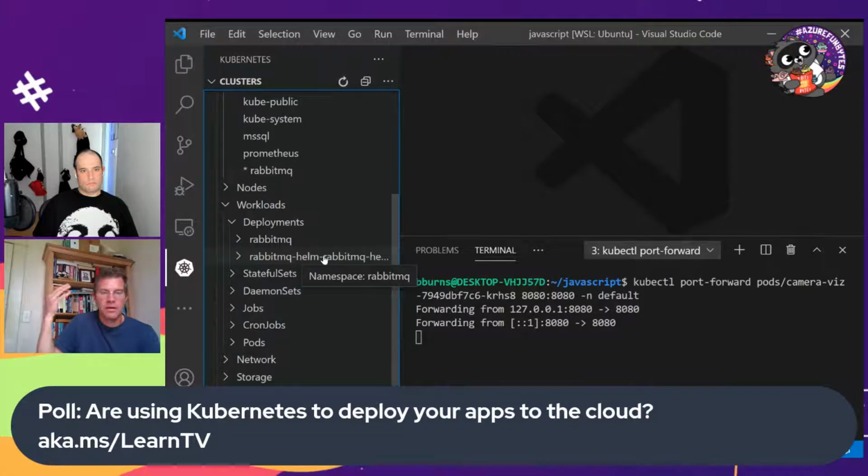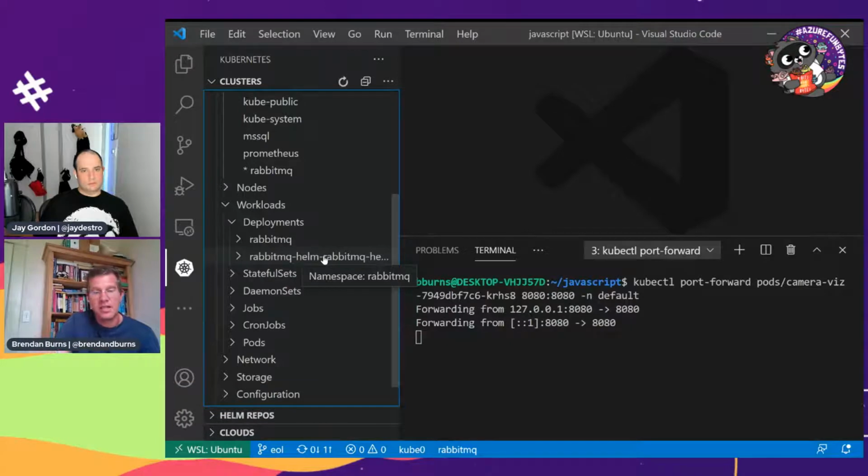The Helm operator then uses the Helm chart for RabbitMQ, configures it, deploys it into the cluster, and keeps it there. So if I come along and delete this, it'll bring it back. And it'll show me the status in the Azure portal and that sort of thing.